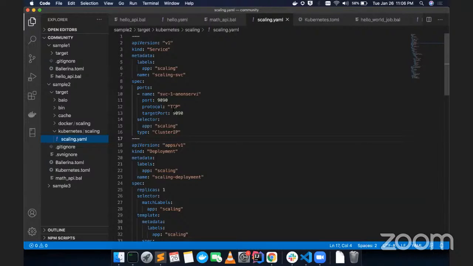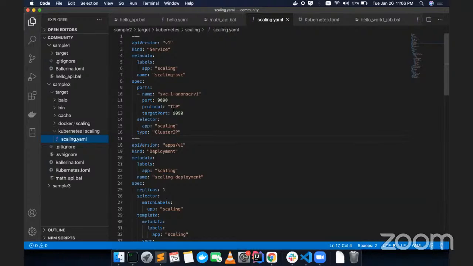So this multiple package thing is still not supported in Swan Lake Alpha 8, right? Yeah, it's not supported in Swan Lake Alpha, but we are planning to add it maybe in the Swan Lake update releases. And there's another feature we are thinking of, rather than pushing everything to Central.